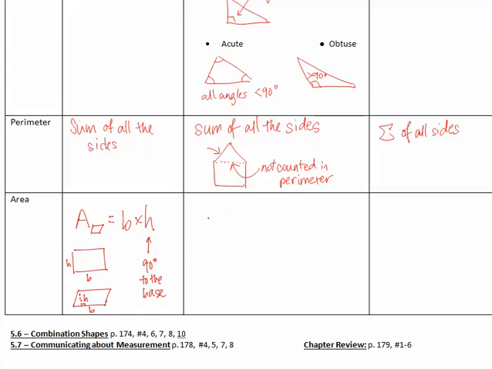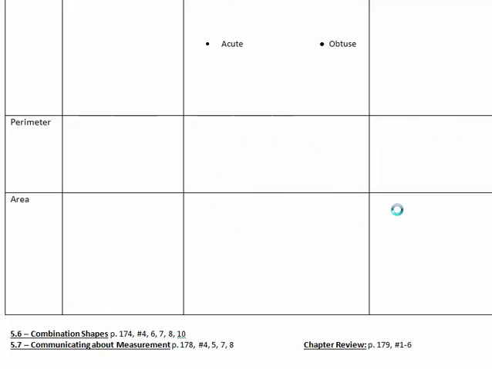regular parallelogram, I have to draw in the 90-degree height that's inside the parallelogram. In a triangle, if we remember, a triangle is just half of a parallelogram, so the area of a triangle is equal to base times height divided by 2. For the area of a trapezoid,